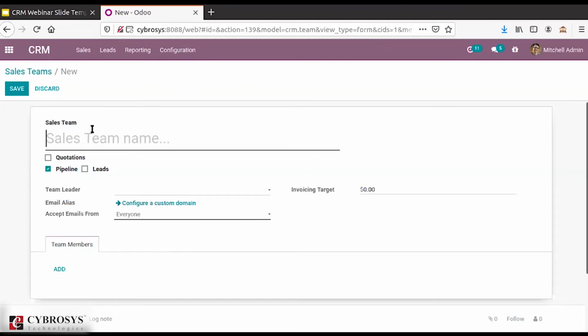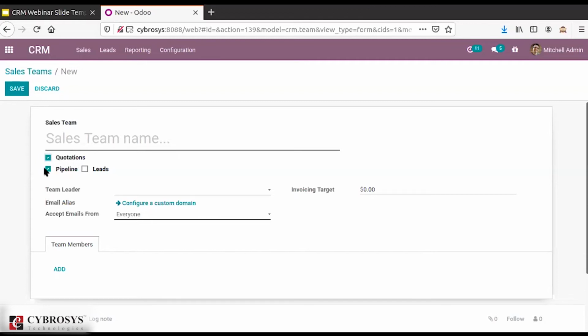Then here you have the option called quotation. You can simply check this box if you send quotations to your customer rather than confirming orders straight away. So for that, you can tick this field called quotation.